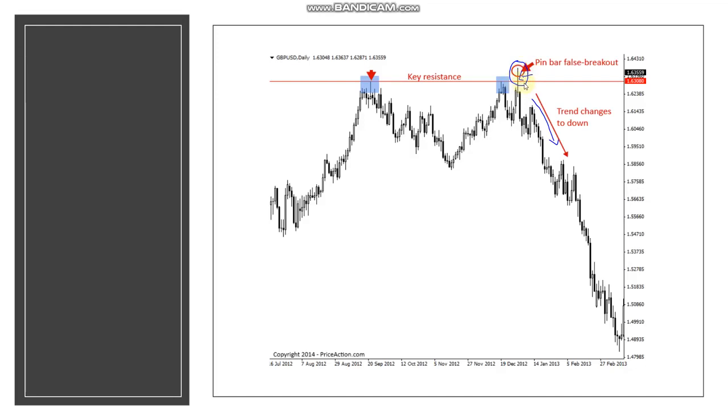So what you should be doing is always wait for the confirmation. If you see a resistance or support level, you should wait for the confirmation. You should wait for at least one or two candles and see the energy of the market. So this is the false breakout pattern where most of the traders lose their money. Hopefully you all have understood. Just try to practice this